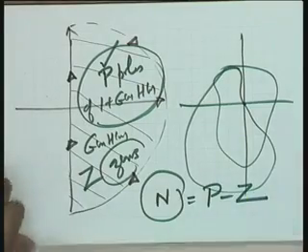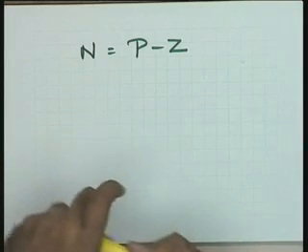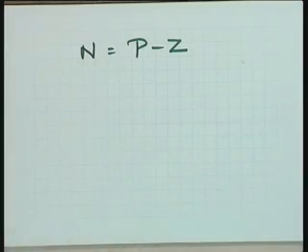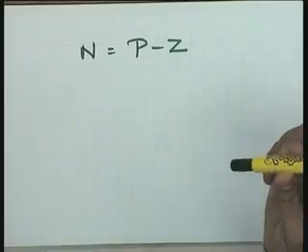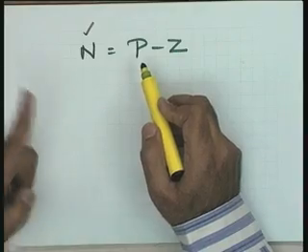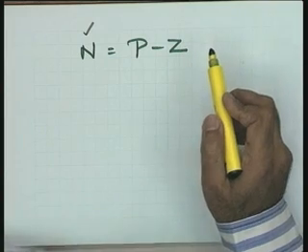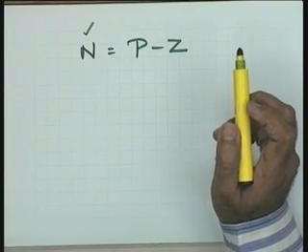This is what is the Nyquist stability criterion. Please, how to use it, how to interpret it, we are going to see. But the Nyquist stability criterion is this, and the importance of this you will see, that the total frequency domain design is based on the Nyquist stability criterion. It says N is equal to P minus Z, that is the total counterclockwise encirclements of the origin of the W plane contour is equal to P, the number of poles of 1 plus GSHS in the right half plane, minus Z, the number of zeros of 1 plus GSHS in the right half plane. Okay? This should be clear now.